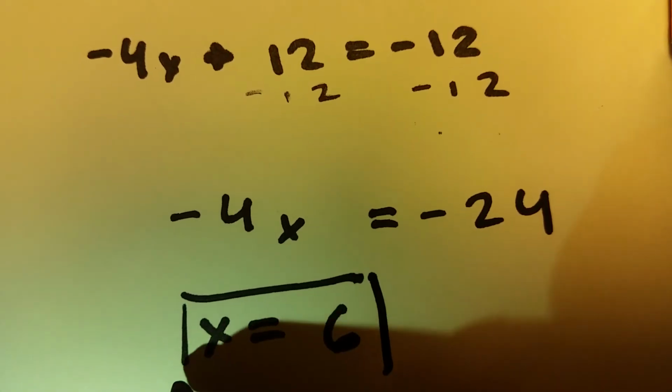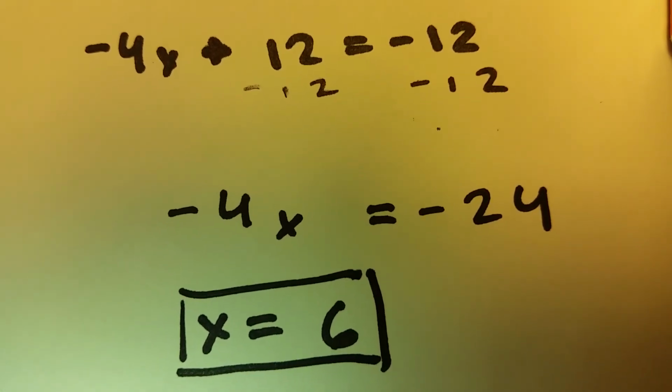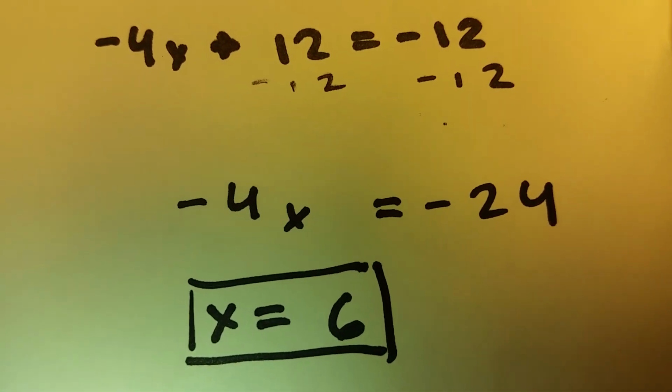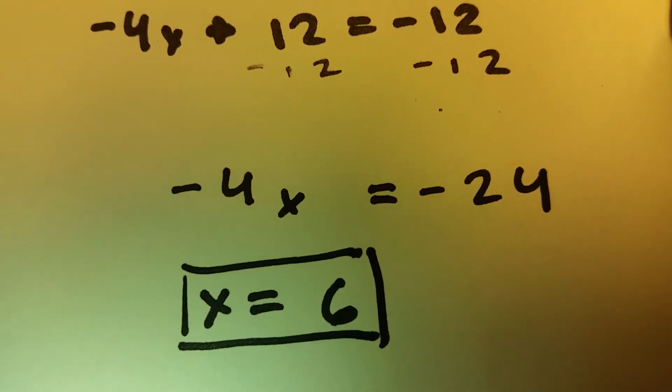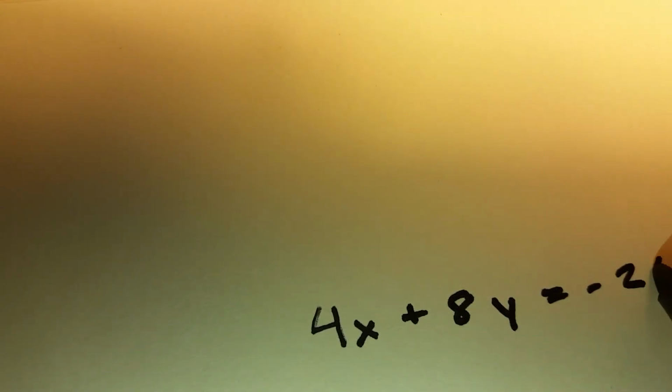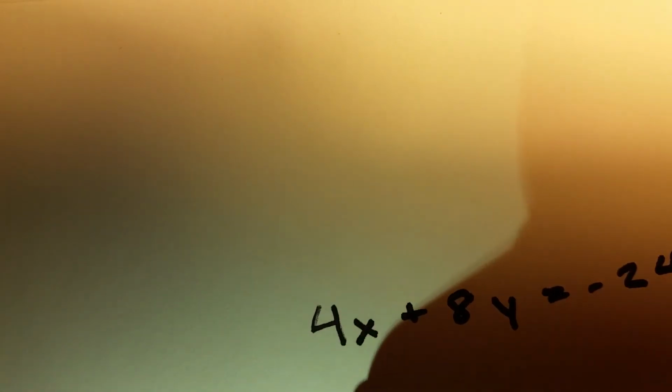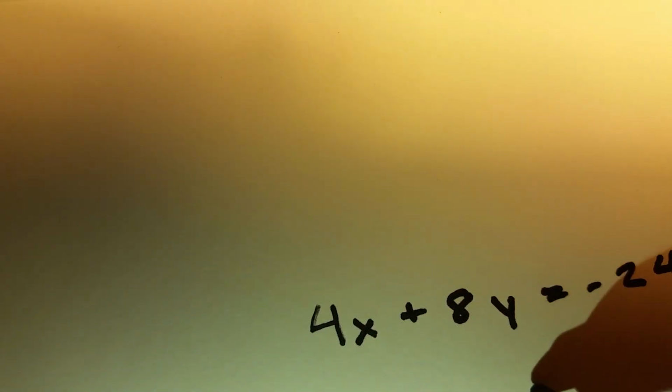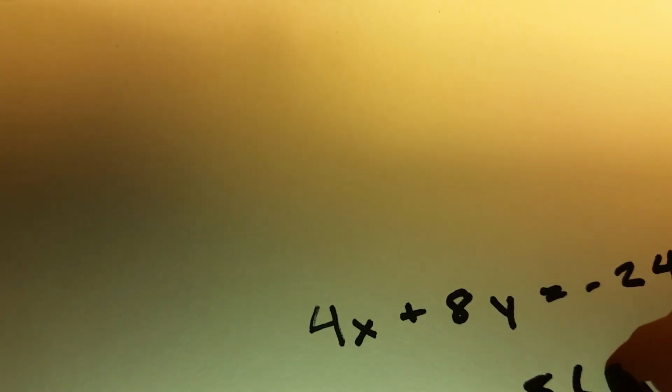Now we can just box our answer, and now we move on to the final step, plugging in both our x and our y to see if our answers are correct. Now that we know that x is equal to 6 and y is equal to negative 6, we again take one of the original equations, so this time we will use the second equation. 4x plus 8y equals negative 24, and we plug in x and y. So for x, we will plug in 6, and for y, we will plug in negative 6